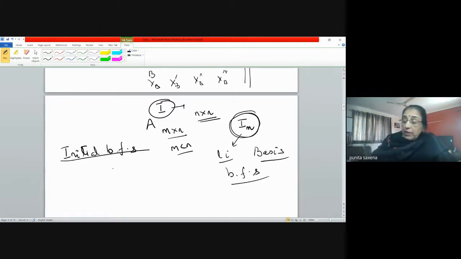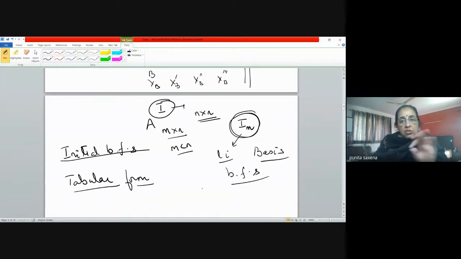So basically, the simplex algorithm that I have just explained, we are now going to write in the corresponding tabular form. We make just one table and do all the calculations there. Until now we were calculating different inverses every time and then looking at their values. Instead of doing that, we'll have just one table, which will be called the simplex table, and then we'll work with that.